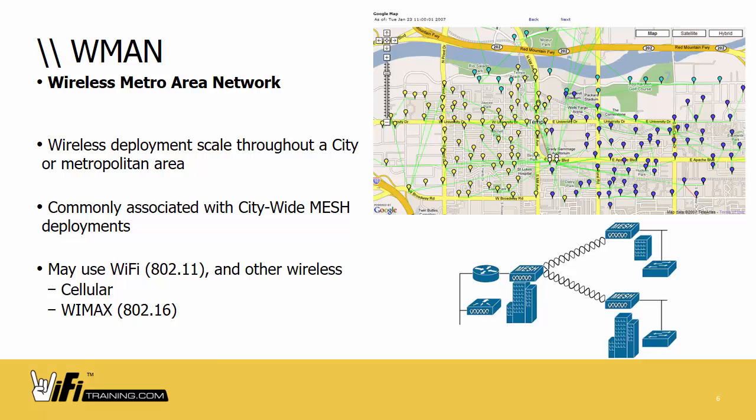Now, Wi-Fi is used in these metropolitan area networks as a technology. You may also see cellular being used as a complementary technology, or cellular being used in areas where we don't have these mesh APs located. And then we may also call on another technology, WiMAX, which is not Wi-Fi, but it is a wireless technology where we can get much greater distances, but there are different limitations for each of these than there are, of course, for Wi-Fi. These are just some of the other technologies that fit within the architecture for the metropolitan area network.